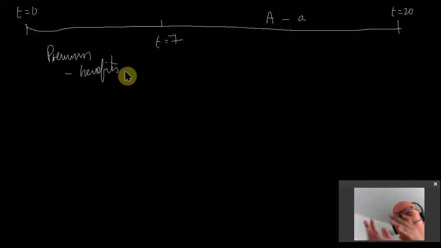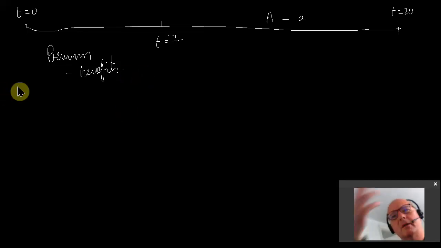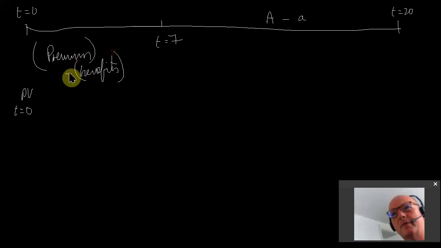Now you can really go to town on the algebra of this, but the whole point of this course is to think about what is the most efficient way of thinking about this. Instead of going through and accumulating and adjusting for mortality each year, the simple, elegant way to think about this is if I take the present value at t equals 0 of these premiums and these benefits between t equals 0 and t equals 7,